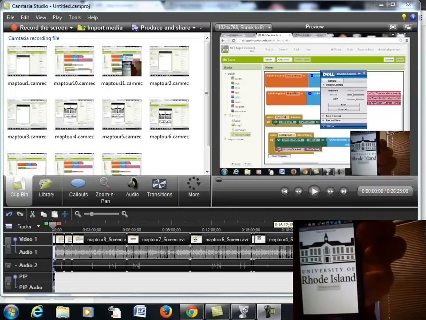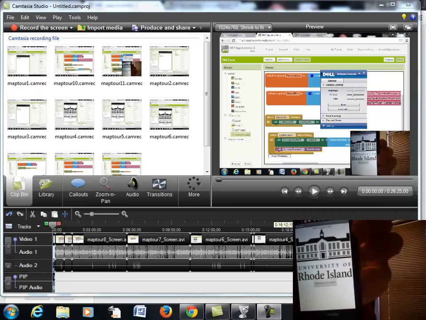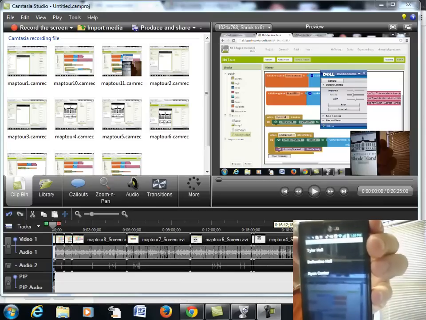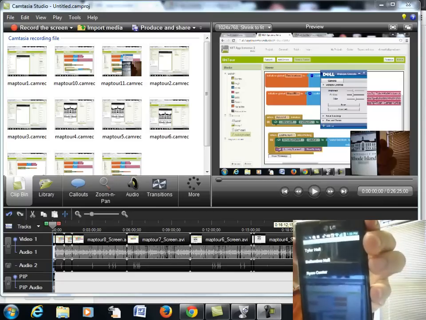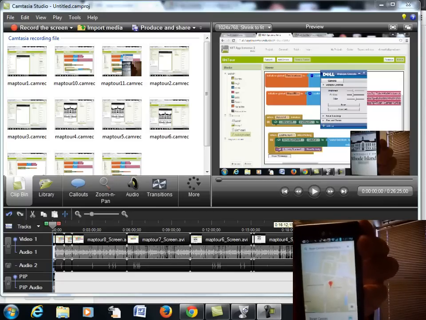Using the back arrow on my app, I can go back to the main interface and choose another location. So let's go in and choose the Ryan Center. And it pulls up a map of the Ryan